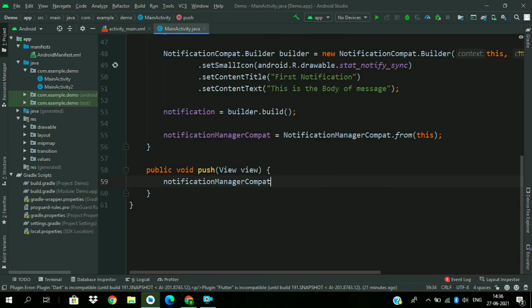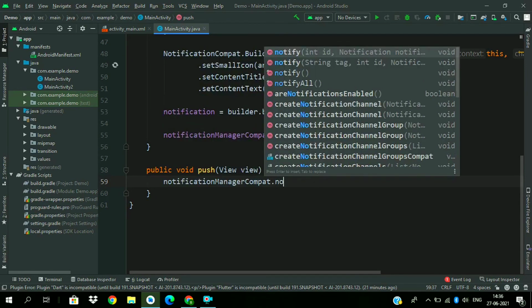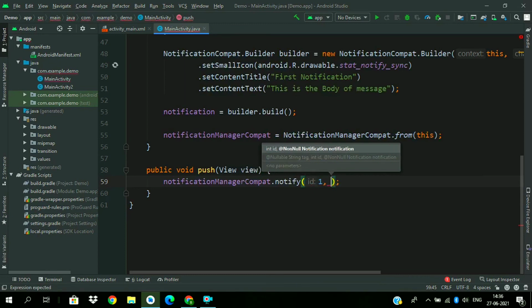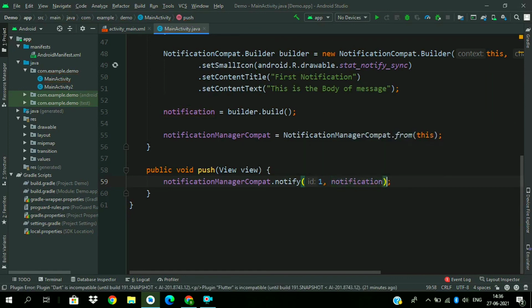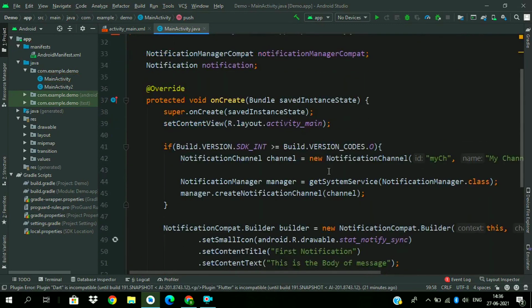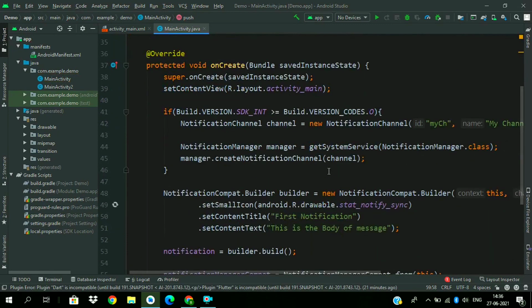So notification manager compat dot notify and give an integer id. So this integer id is uniquely identifying your notification in the Android system. So notification, and that's it. This notify method will push your notification to the Android system.